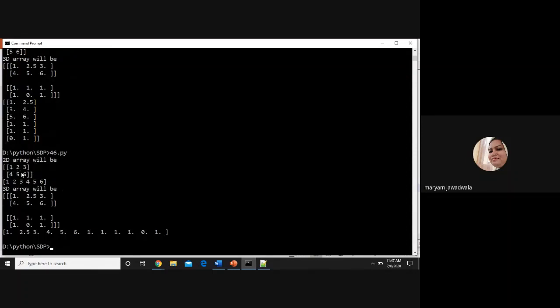Initially the 2D array is 1, 2, 3, 4, 5, 6, and if I apply the flatten method, then the elements will be 1, 2, 3, 4, 5, 6, right? And for the 3D array, the elements are these. And if we apply the flatten method, then my 3D array is converted into a 1D array, right? And for all elements, 1.2.5.3 point is displayed because all the elements are decimal, right? That's why.